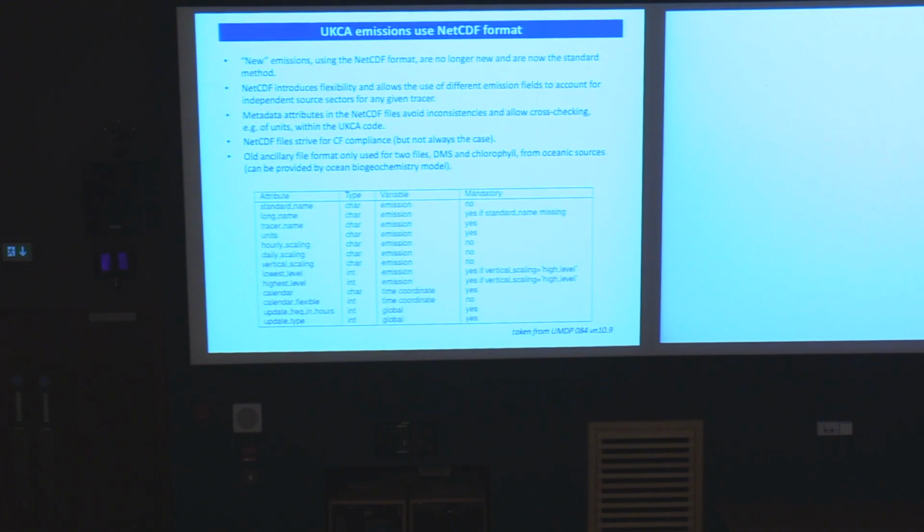and cross-checking to find out whether the data that it reads in actually matches with what it expects, particularly, for instance, with units. Are the units kilograms per meter squared per second? If they are not, then the model will complain to you and give an error and say, no, that's not what I'm expecting. Are isoprene emissions expressed as emissions of carbon or emissions of isoprene? You get a totally different mass flux. So by checking with the emissions, the model can find out and apply corrections if necessary. So this is a fairly smart thing to do.